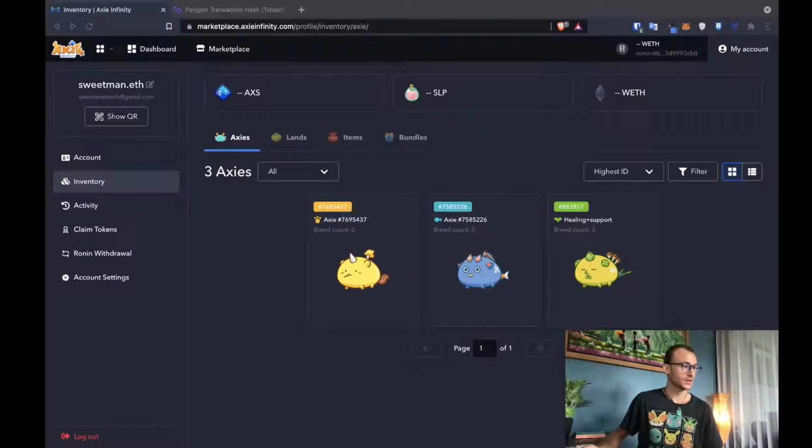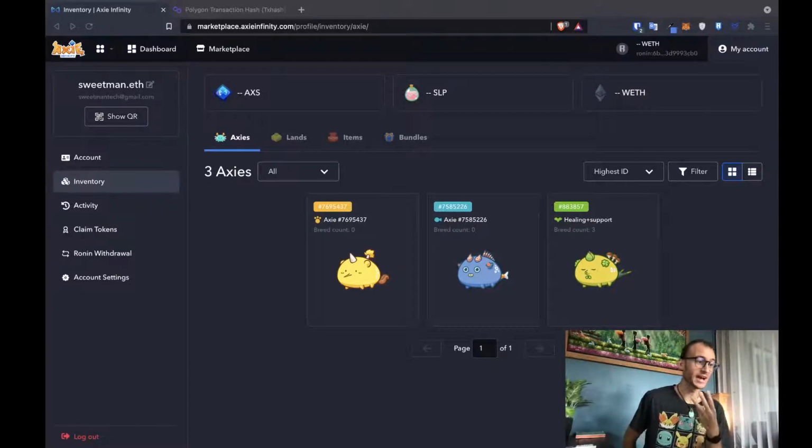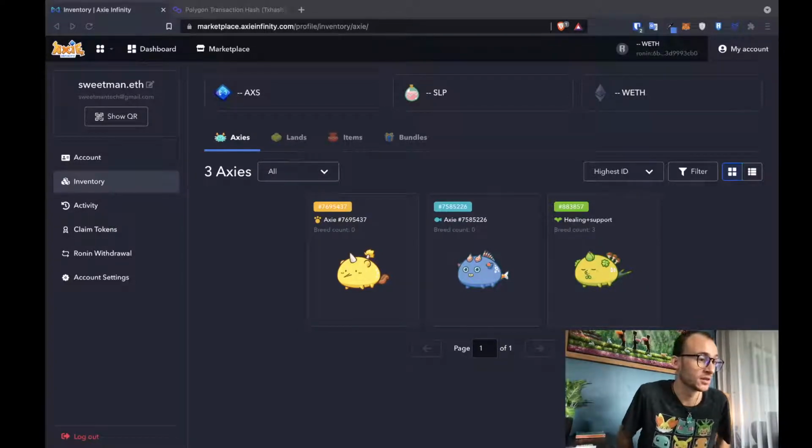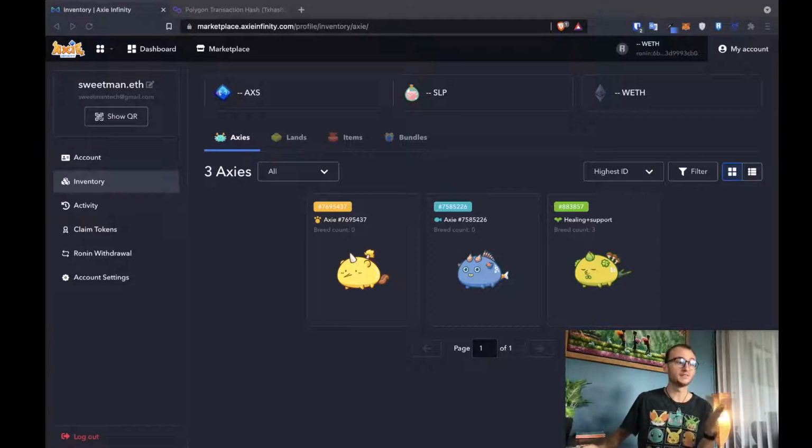Today we're going to be showing you how to create a scholarship in Axie Infinity. If you're someone like me, you've played Axie Infinity, you own your Axies, at least 3 Axies, but you want to transition your role instead of directly playing the game to earn the in-game assets. You want someone else to have the opportunity to play. Those other people might be from a developing country where they don't have the money to buy their first Axie, or they just don't want to spend the money to get in, but they do have time that they can